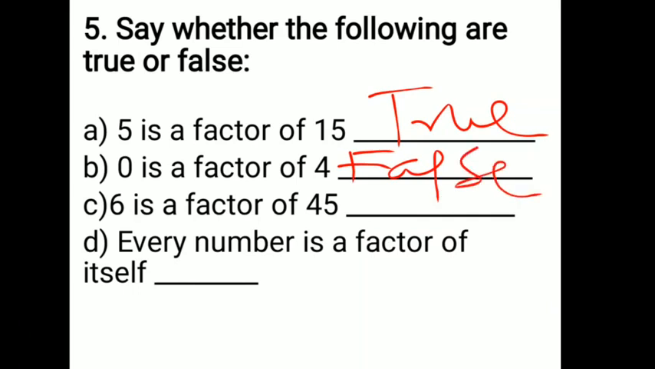Okay, so that is your false. So 6 is a factor of 45. In the table of 6, do you find 45? 6 1 is 6, 6 2 is 12, 6 3 is 18, 6 4 is 24, 6 5 is 30, 6 6 is 36, 6 7 is 42. So 6 8 is 48. Now we are crossing 45. So no, in the multiplication table of 6, we are not getting 45. So 6 is not a factor of